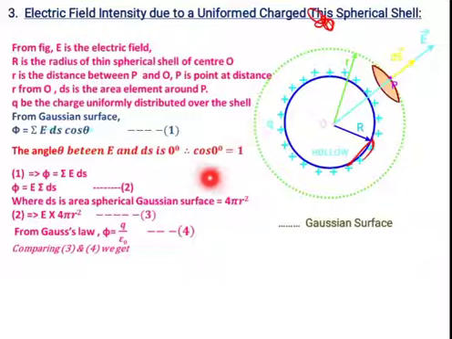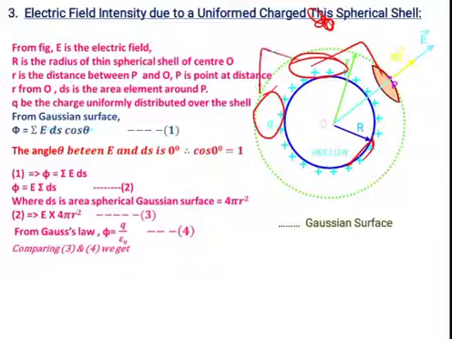If I substitute this in equation number 1, then phi is equal to summation of E ds. Why do we have to take summation? We discussed in the previous videos that we can consider surfaces anywhere. I can consider the surface here, I can consider the surface here, and after that we can add all these surfaces. That is the reason we have to consider summation.